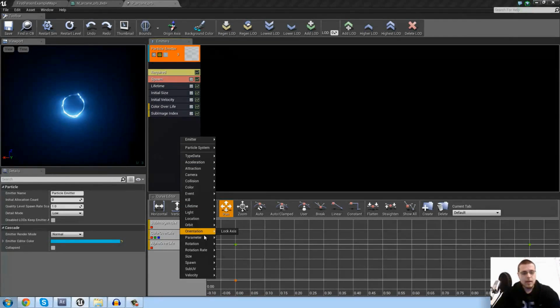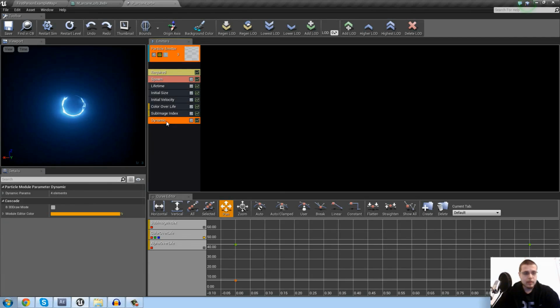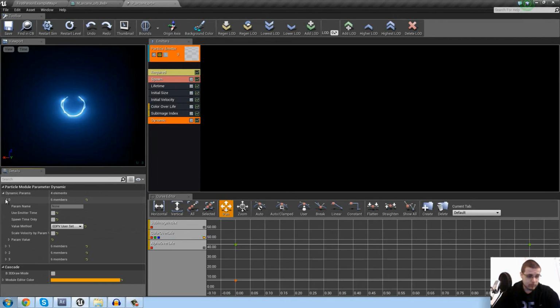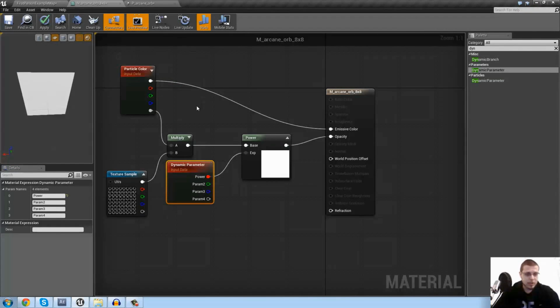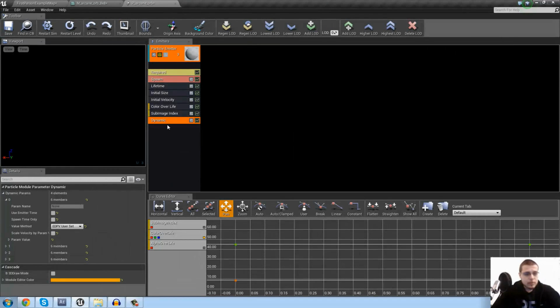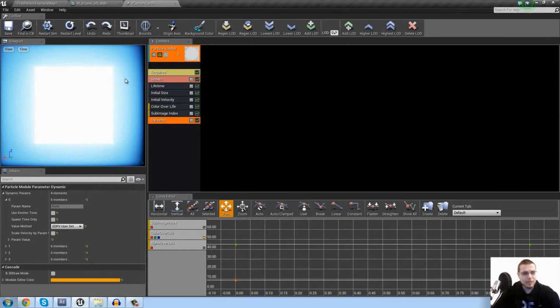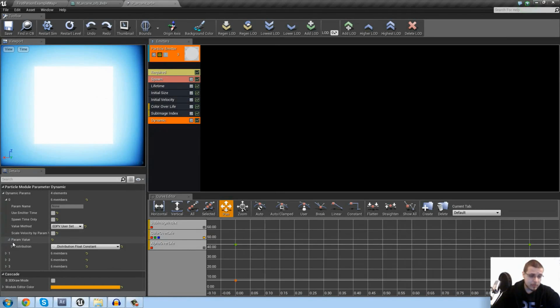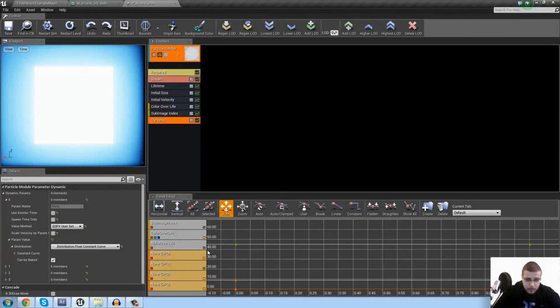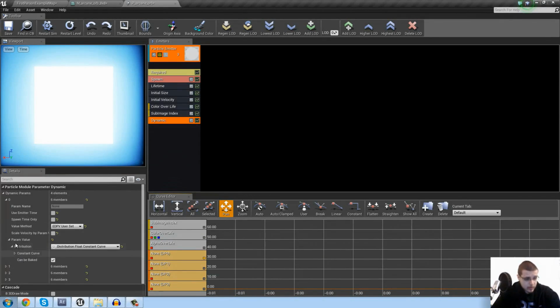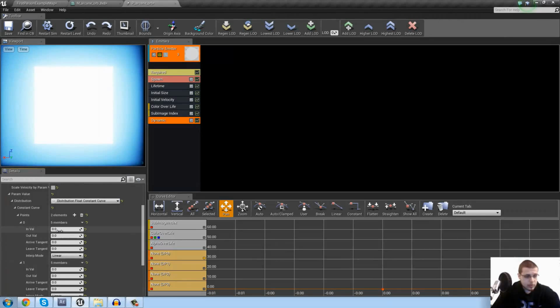We're going to add a dynamic parameter. Sometimes it doesn't show the name properly, but it does apply the effect. So in here we know this is our power, and right now it's 0, so you definitely know that the dynamic parameter works. In the parameter value, let's make it a constant curve. Look at our curves. Okay, and then I want it to be at two keyframes, from 0 to 1,